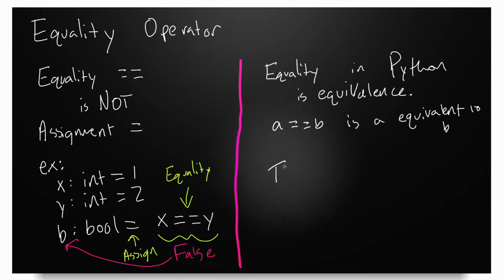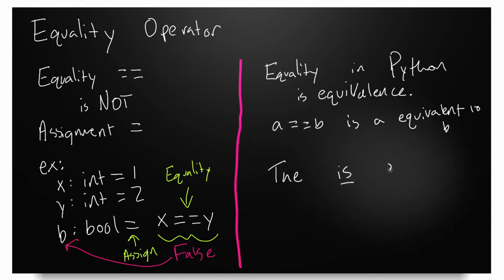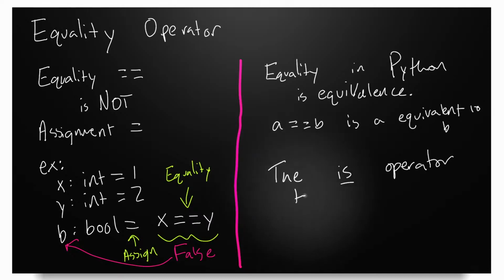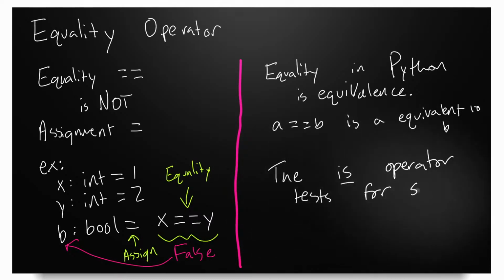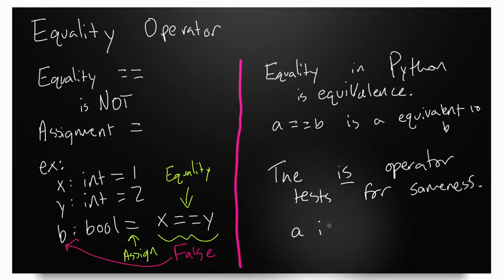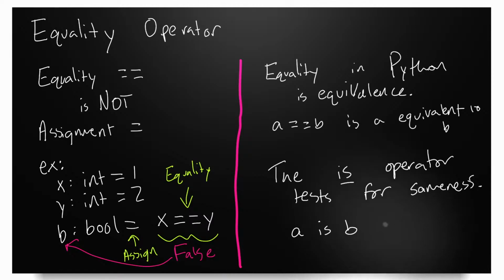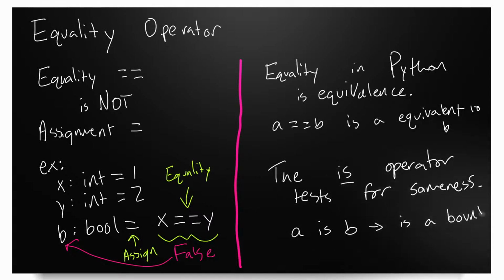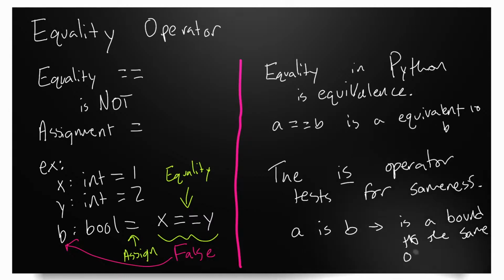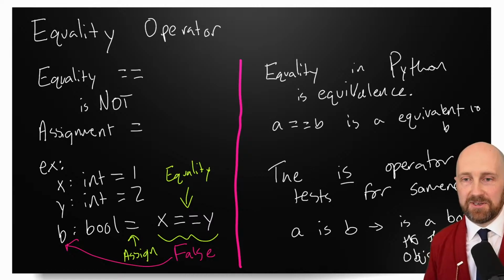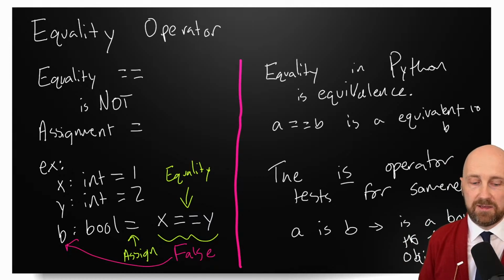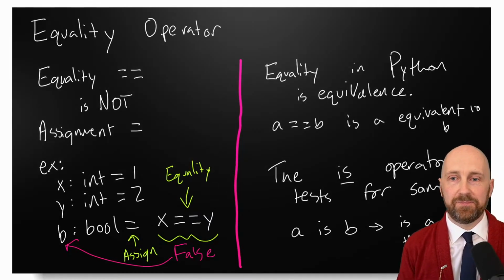So the is operator tests for sameness, right? And this is going to feel like a weird distinction because we don't really have a great frame of reference for how things could be equivalent, but not the same, or vice versa. So A is B, is A bound to the same thing? It's the same object as B. All right. To understand this difference, before we actually get to the example, some of the code concepts that you would need to know in order to make this distinction,